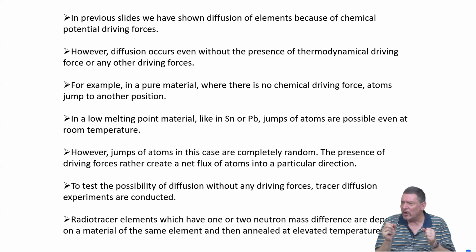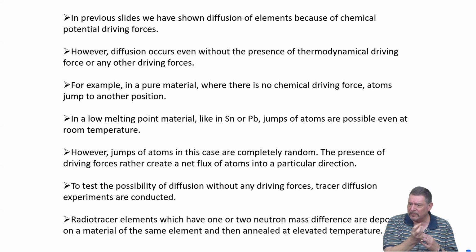There will be a small gain in mixing entropy also by adding isotopes into a material. So it means all the thermodynamics we are allowed to use in the normal way, as if it were a different species of atom. But the difference is very, very small. And so we are allowed to approximate this as if we just had, let's say, an atom of different color, but otherwise equal properties.